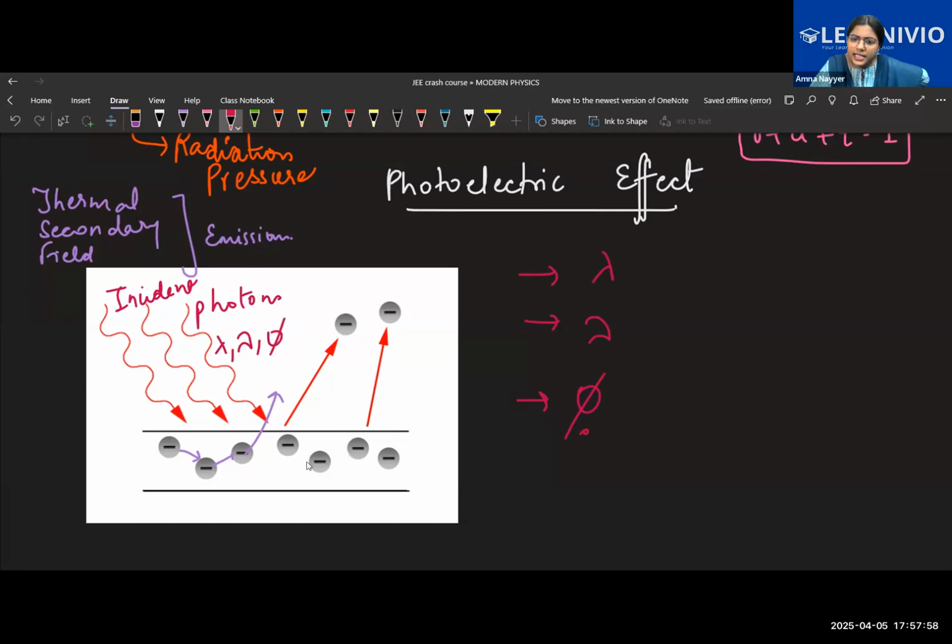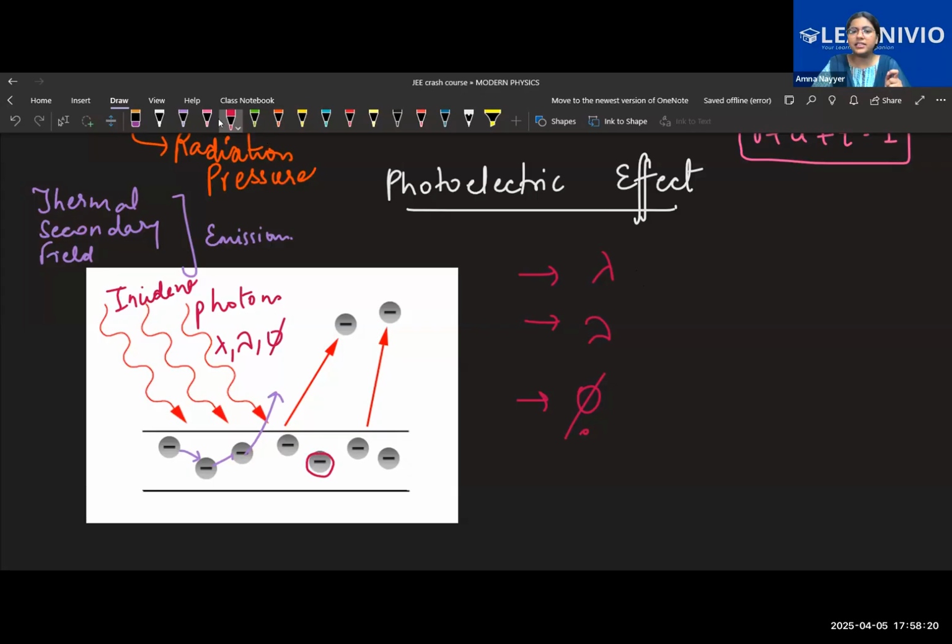The electrons which are present have a criteria. It's like a cutoff. Like for your JEE exam, there will be a cutoff. If that cutoff is crossed, if you reach the score, you will be able to get the admission. But if you get a low score and are not able to reach the cutoff value, you will not be able to get admission. So it is like this only.